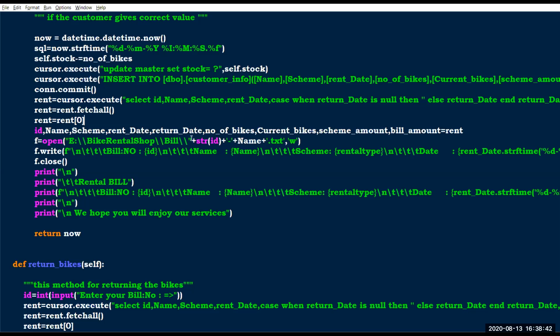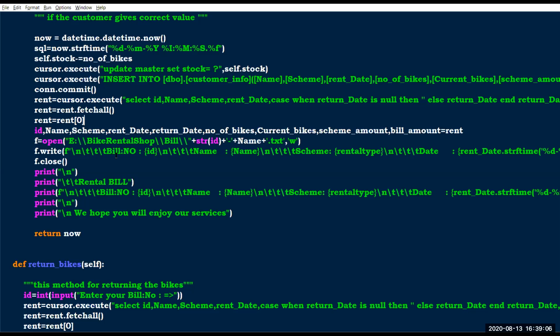Here I'm combining the id with their name. Each time the id is unique, and each time a new id will be created. I'm converting the id into a string, then I have added his name and created a text file.